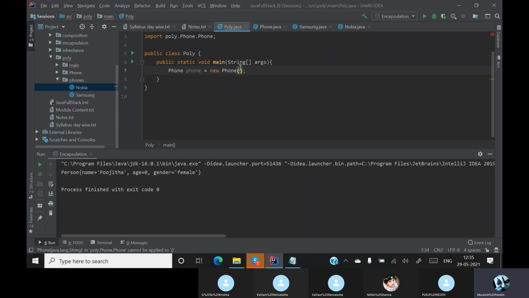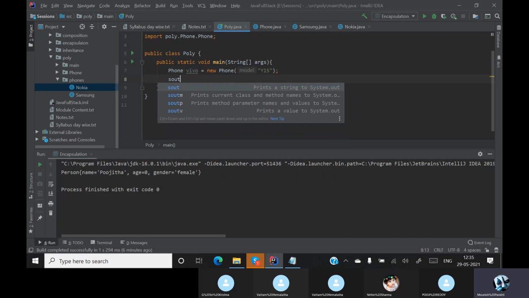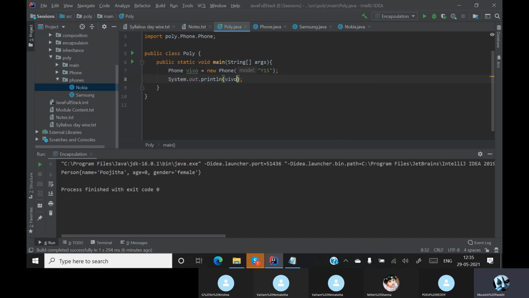So in this parameterized constructor I will say this is a Vivo phone. Okay, and the model is Y15, and I'll simply print, what can I print with this? Vivo dot get model. Okay, now I'll run this poly.